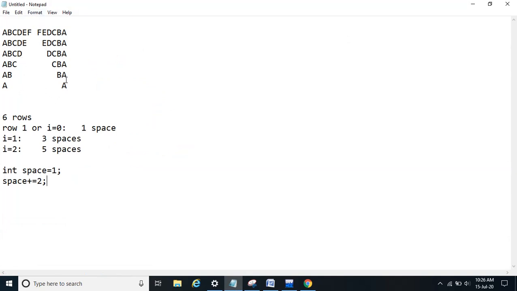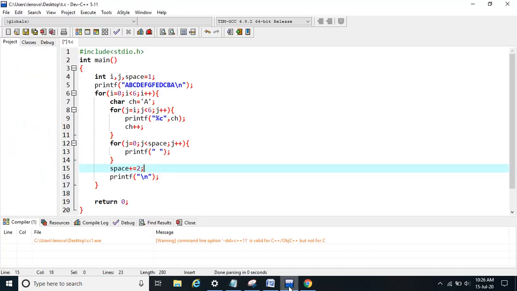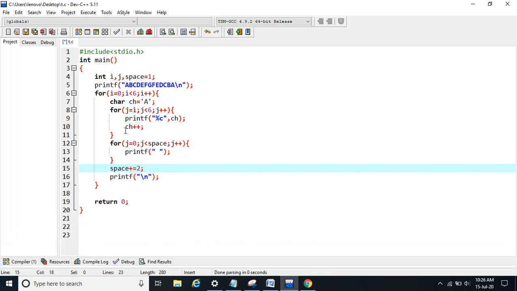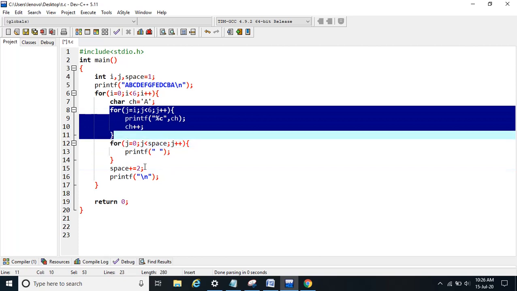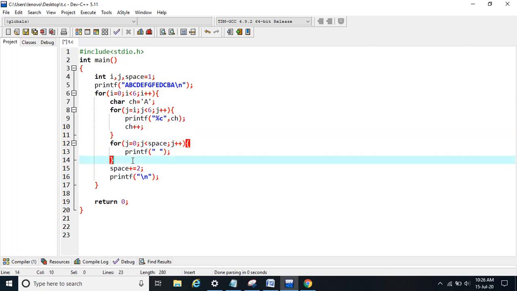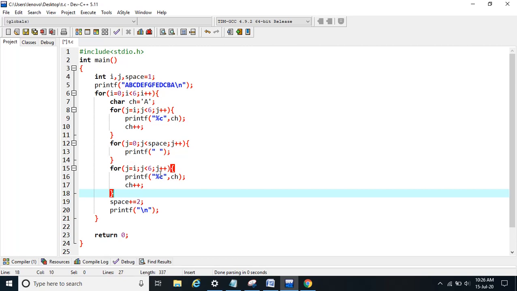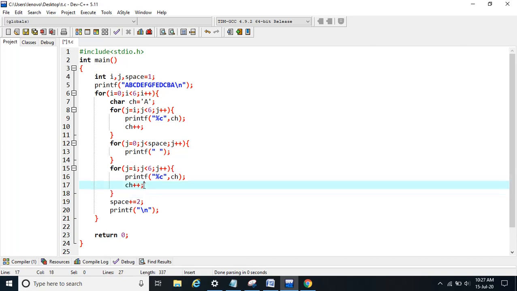Now this is just the mirror image of this first part. So we will just reverse this loop and decrement the character. I will just simply copy this loop and decrement the characters.